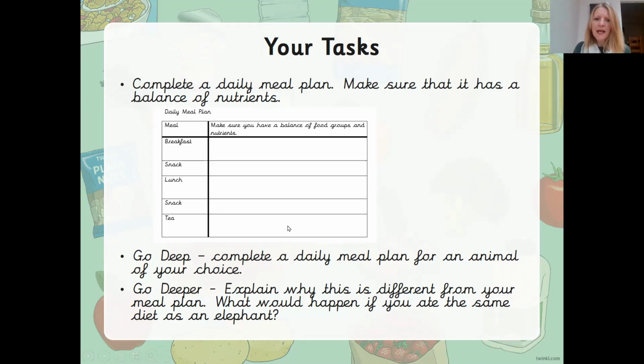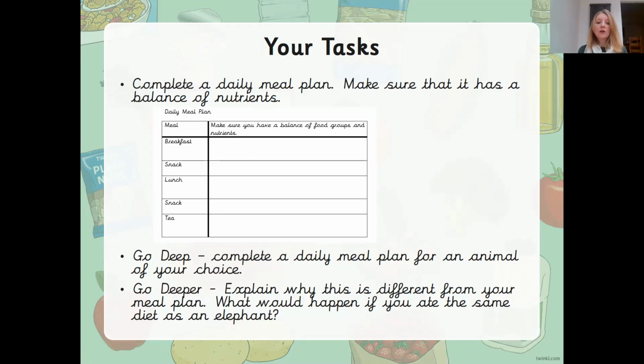You might want to add in there also the drinks that you would have for the day, but try to make sure that you are keeping a nice balanced diet for the whole of the day. Balance of the food groups and a balance of the nutrients. So like I said before, you wouldn't be having cheese on toast for breakfast, cheese on toast for your snack, cheese on toast for lunch, cheese on toast for your snack, and cheese on toast for tea. That's not going to be a very balanced day. And remember, cheese is not particularly healthy, so that's the sort of food that we only have small amounts